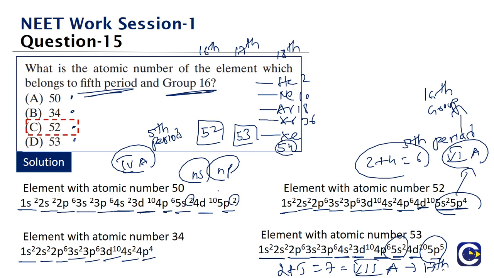So what is the answer for this? It is option C, which is the element with atomic number 52. So we can see, either we'll take that approach by looking at the inert gas atomic numbers and do a back calculation, or we can just take each and every option, write the electronic arrangement, and then accordingly choose our option. Okay, I think the first one will be a little bit less time consuming, but the only thing is we must remember the atomic numbers of the inert gas elements for that. Okay, so this is how we'll be able to answer this particular question.